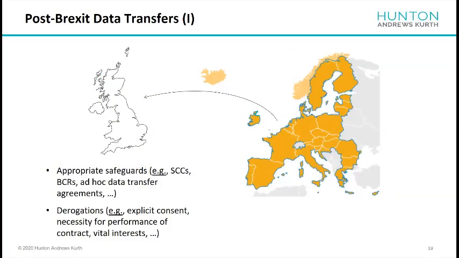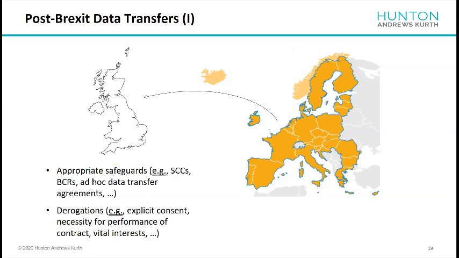Okay, so in the event of a no-deal Brexit or a Brexit with a deal which does not address adequacy for the UK from a data protection point of view, the UK will, as of the 1st of January 2021, be considered a third country that does not ensure an adequate level of data protection. From that point in time, transfers to the UK will need to be treated similarly as transfers to any other non-EEA country that is not considered adequate, which is actually the situation for most non-EEA countries, as only 12 countries have been granted an adequacy decision by the European Commission so far.